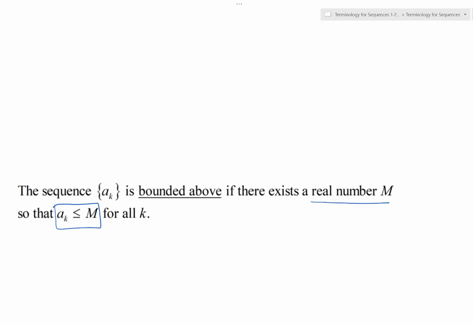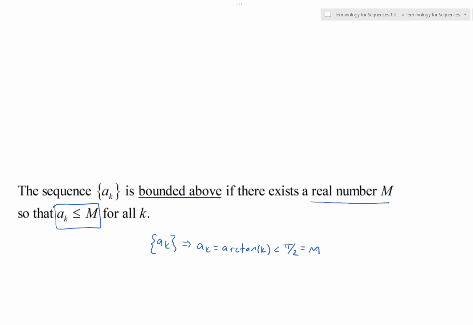For instance, what if we just considered the sequence a sub k, where a sub k is the arctan of k? Then we know that this is smaller than or equal to, and technically smaller than, pi over 2. Hence, that's your big M. This sequence never gets bigger than pi over 2, hence it's less than or equal to pi over 2,